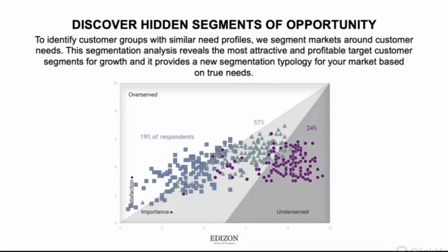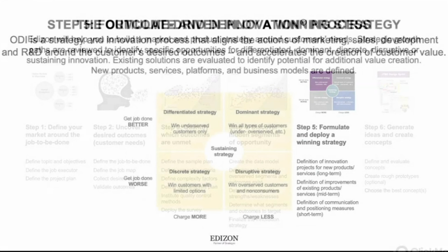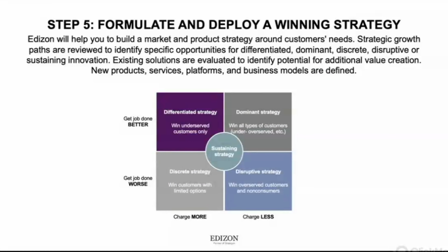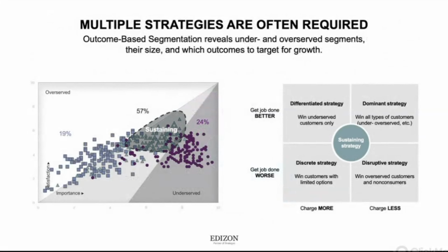And now, based on all of these insights, it is much easier to come up with decisions on a growth strategy, on a product strategy, on a very detailed service strategy. So like charging more or charging less, getting the job done better, or even getting a job done worse, always depending on the segmentation of the market,